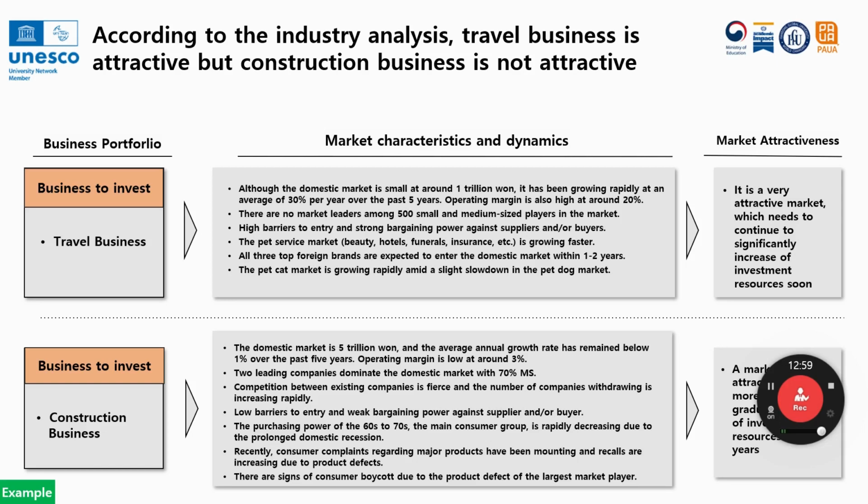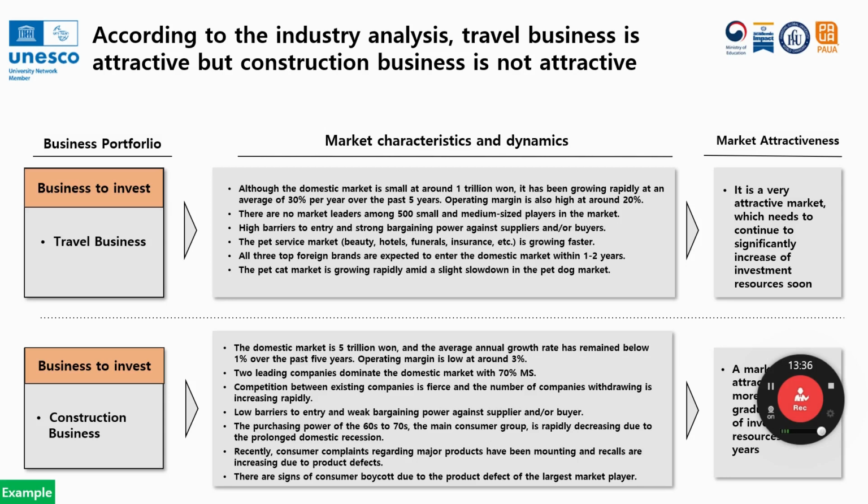So we collected a lot of data about the industry, and first we defined the scope of the industry, and then we collected the data about market characteristics and market dynamics, and finally we decided whether the market is attractive or not. So according to the industry analysis, the travel business is attractive, but the construction business is not attractive. Okay,